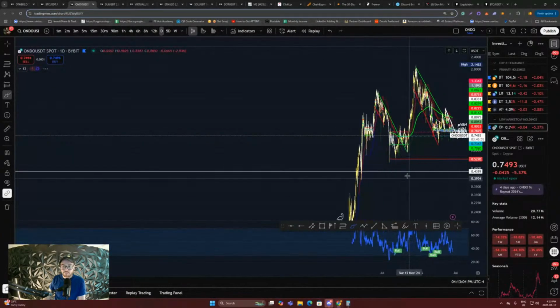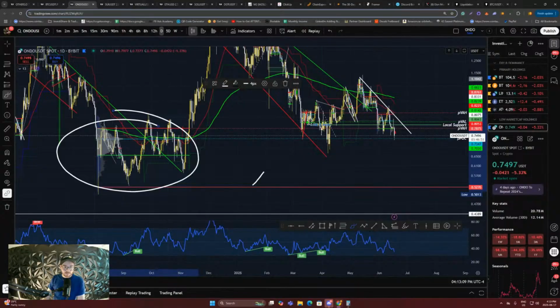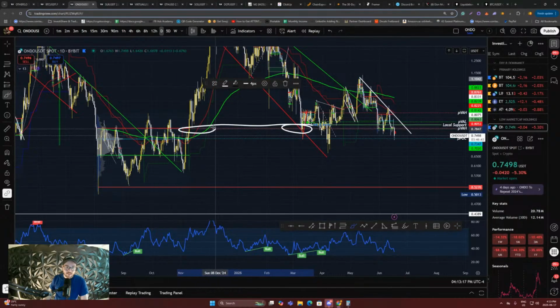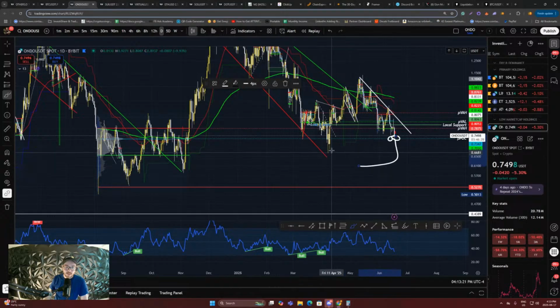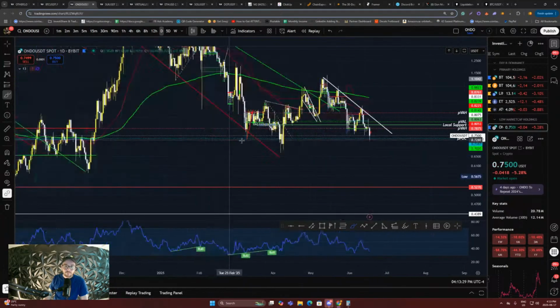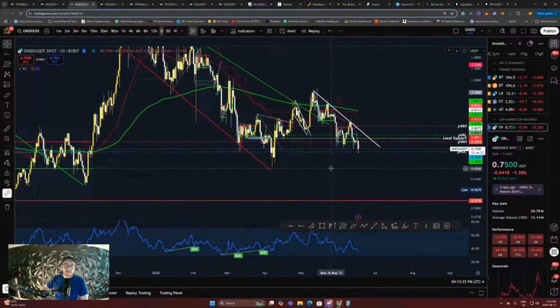we're off a previous point of control from this consolidative range right here. We're balancing off that right now. If we fail to get acceptance back above this value area high for Ondo and get below this point of control, we could rotate down past this liquidity area and back all the way down to 65 cents where the value area low is. So there is no position of strength right now for Ondo for me to say reliably